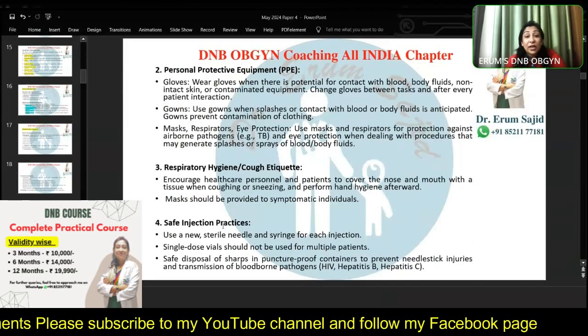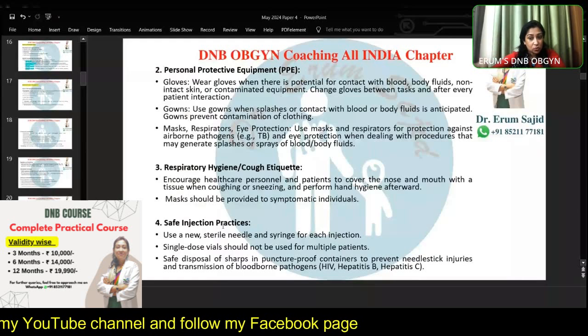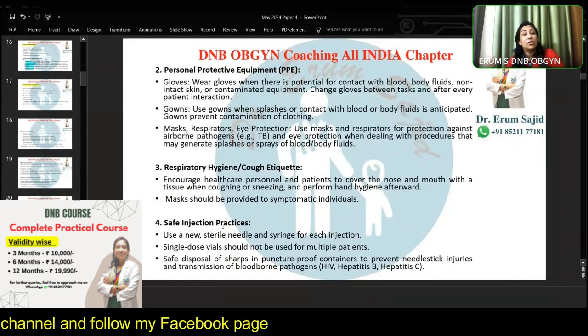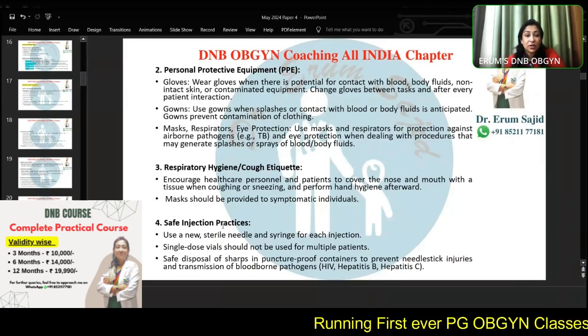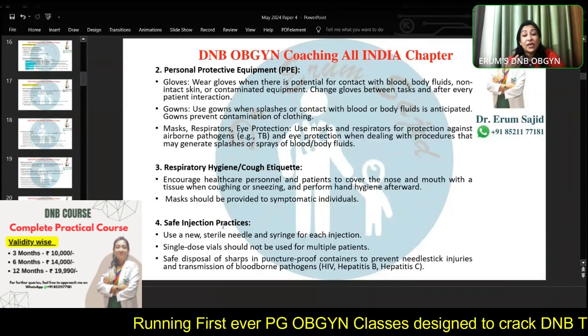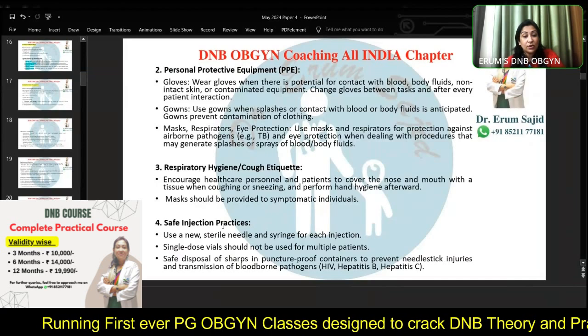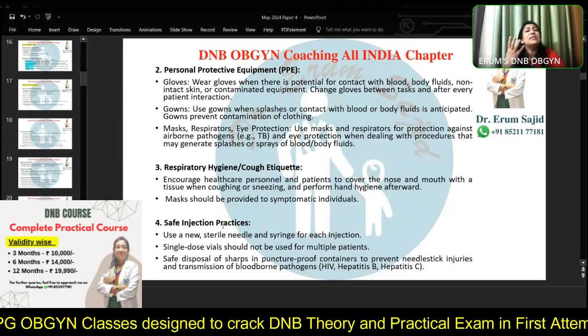Then personal protective equipment is important if you're managing a case with a lot of infectivity, to safeguard the patient and to safeguard other patients. PPE was very, very important at the time of COVID, but that does not stop there. Otherwise also, there are certain patients with low immunity level, high infectivity, the septic wards, you can use PPE there as well, especially when operating upon such patients. Then respiratory hygiene, cough etiquette, how to cough, how to sanitize afterwards, masks, very important. Safe injection practices, to destroy the syringes, use a new syringe every time. These are all standard precautions.